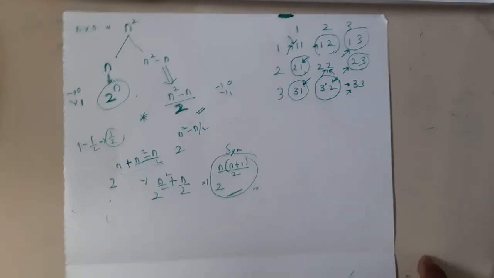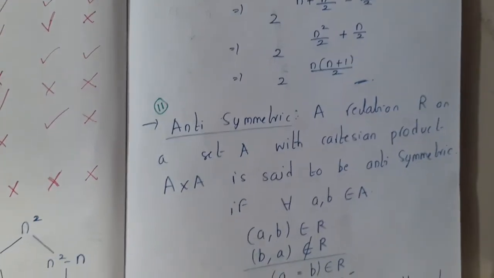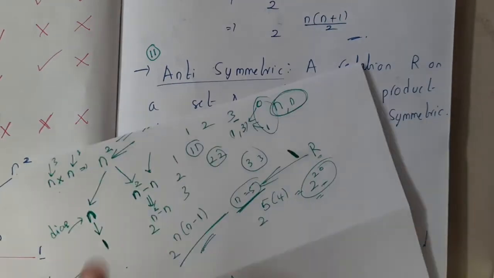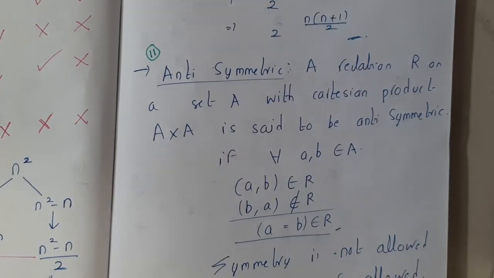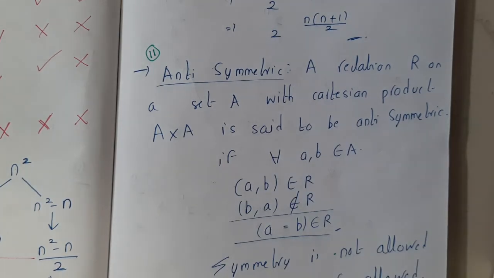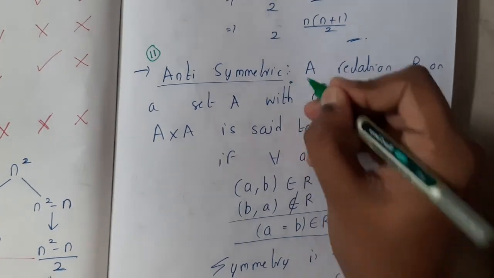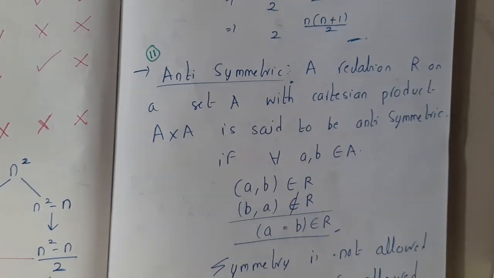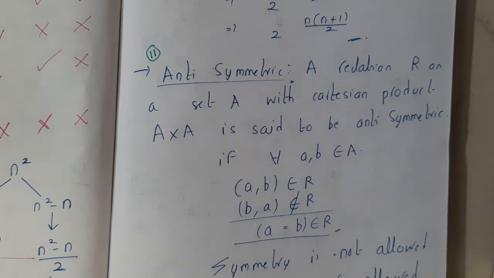In the next lecture, let us go through a friend of this symmetry, guys. That is nothing but anti-symmetry. After that anti-symmetry lecture, we'll be discussing asymmetry. So these are the 3 pairs, you can say. So let us meet in the next lecture and discuss anti-symmetry. I hope everyone got a clear idea on this.